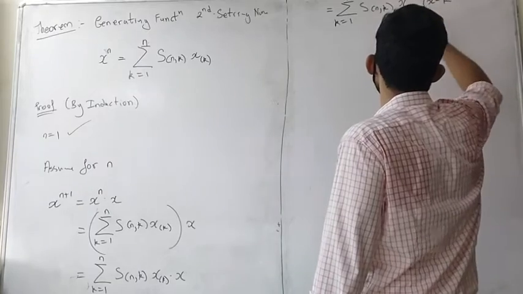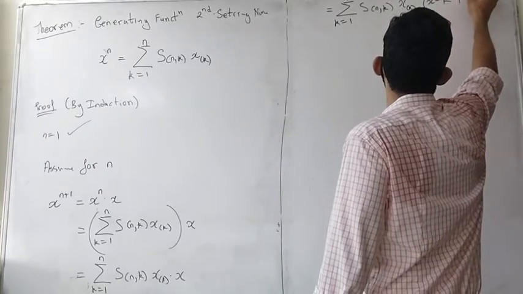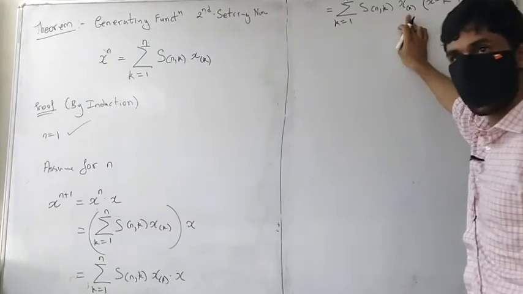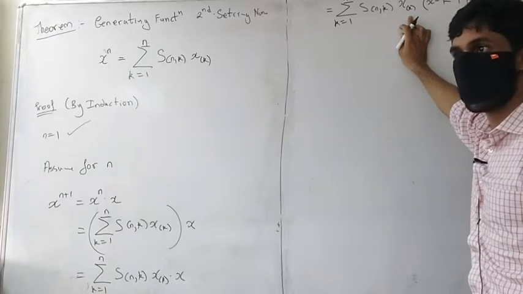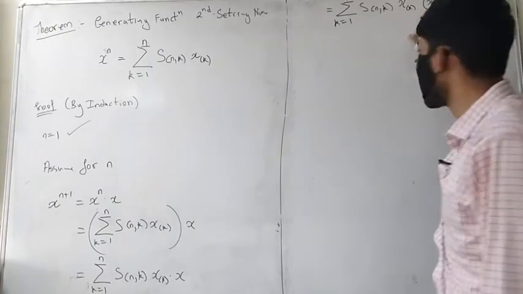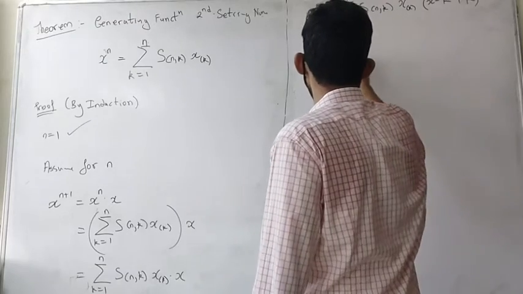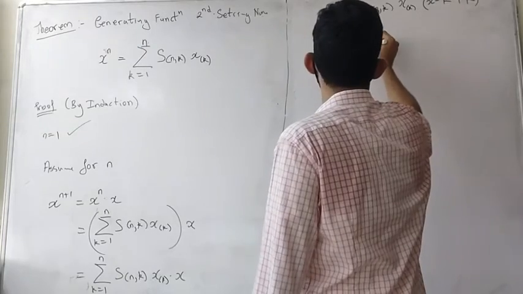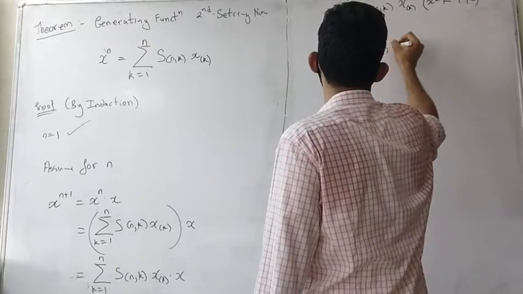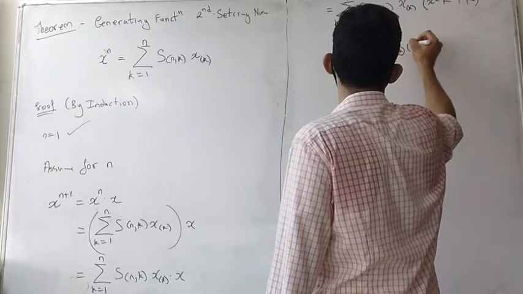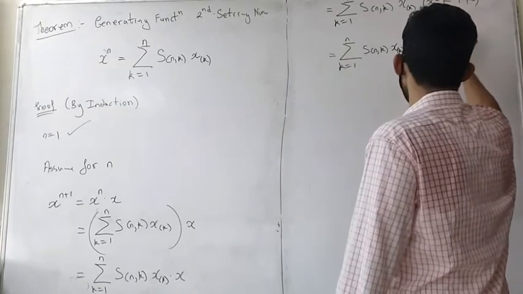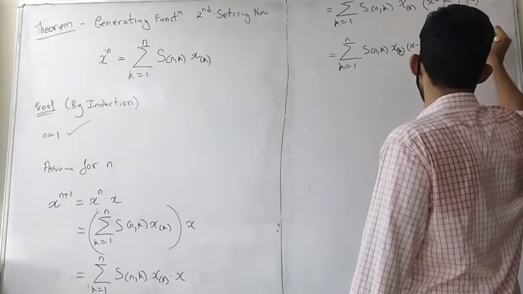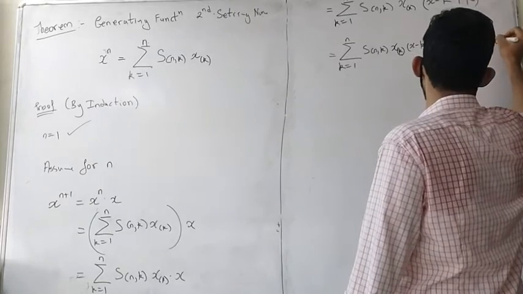Why x minus k? Because this one here is x minus 1 up to x minus k plus 1. So that's the next one. Okay, so plus k. So you can see for each one, k going from 1 to n, I am splitting this across. Okay, S(n,k) x_k times (x minus k), plus summation k going from 1 to n, k times S(n,k) x_k. Hope this is okay.